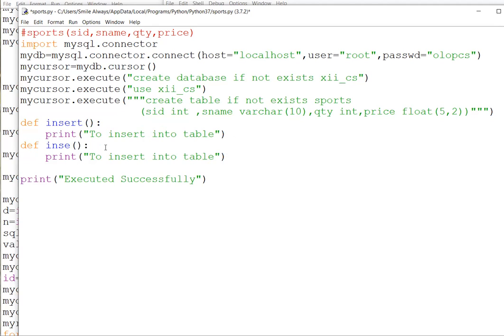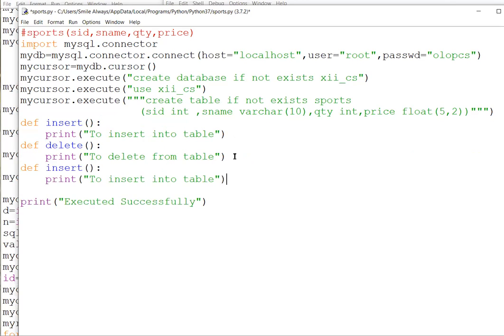Then after insert, delete, then to delete from the table. Now first is insert, then delete. But remember, you may have different names.